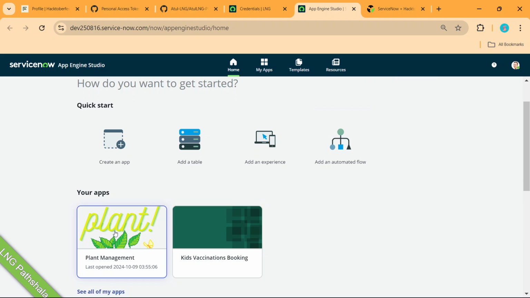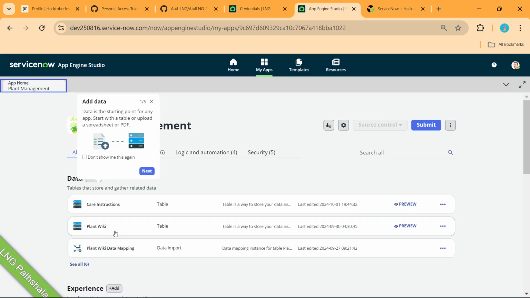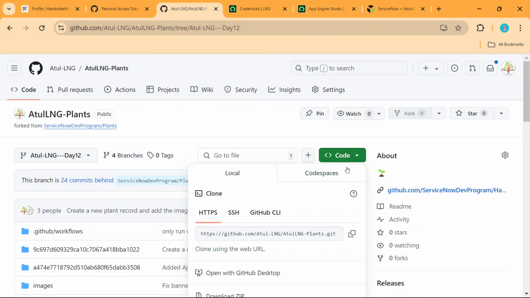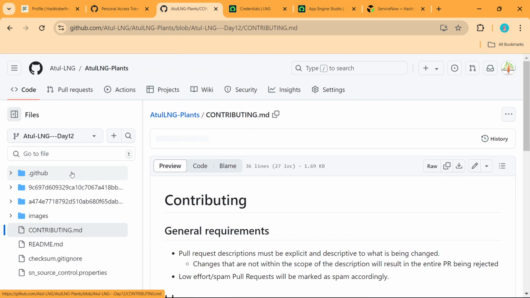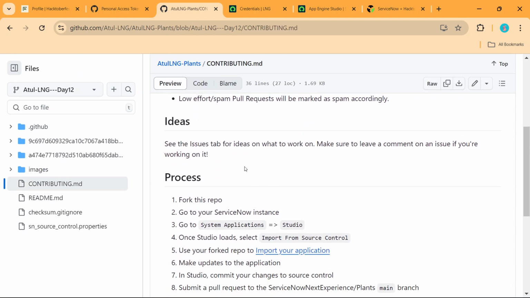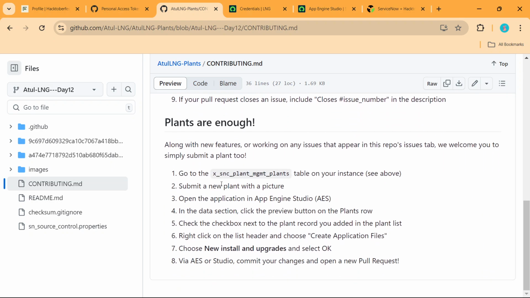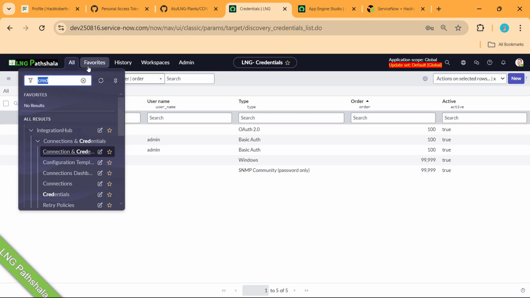This is what I imported on day one when I participated in this Hacktoberfest. Now what you have to do is go to GitHub and go to your contribute MD. It says you have done all this part, the fork is done, and everything else. Now go to this, copy this and come to native view, or you can go on this as well.